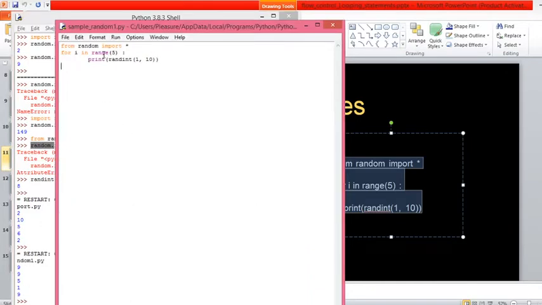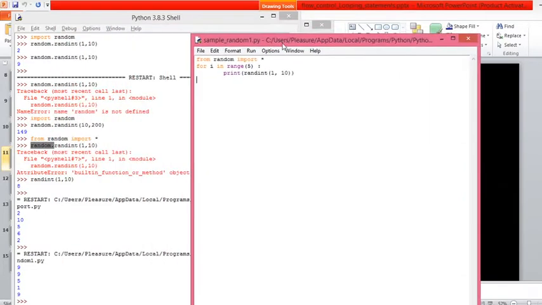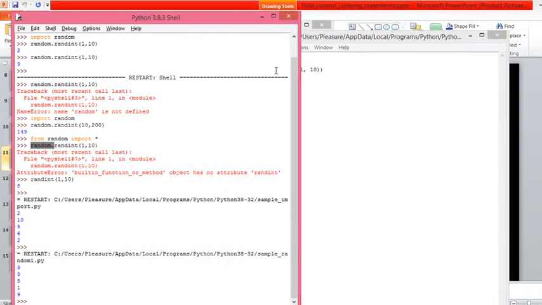So now look at here. The for loop is repeating 5 times, so 5 different numbers will be generated with the function randint. But look into the code here, the earlier one and this one.